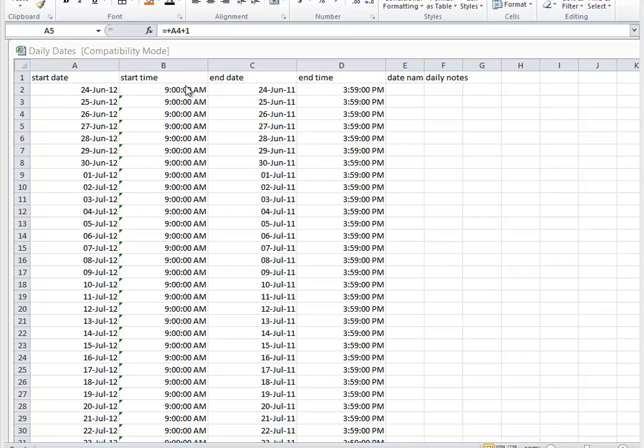What we'll do first is, at this point, we are looking at a sheet where the trips are running every day with a set start and end date and a set start and end time. So at this point, we're looking at June 24th, 2012 as our start date. So let's change that right off the bat. Now you'll notice that as soon as I change this to 2013 and hit enter,